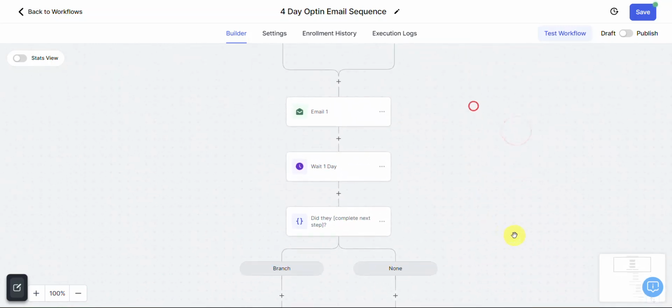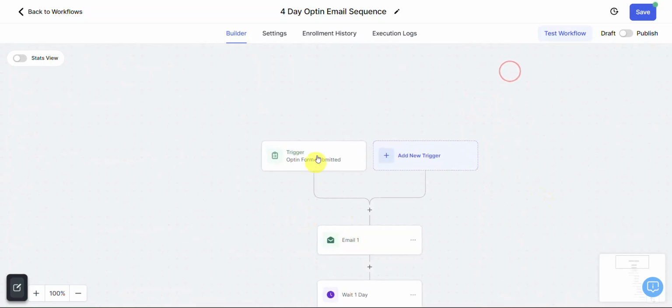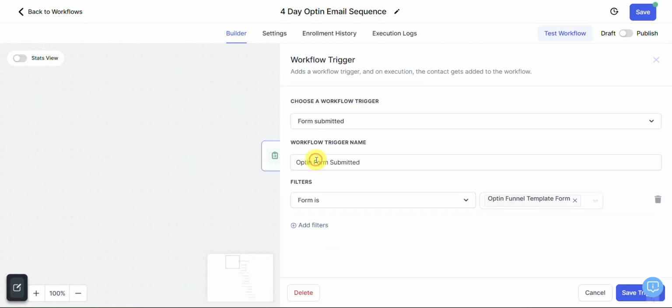So we go back up to the top here, and we look at the opt-in form. When you click on that, this opens up. The one thing is you have to be very careful with triggers. You have to be very careful on what the trigger is. If you are not putting in a trigger and you publish it, everybody will get this. So you want to be very intentional and very